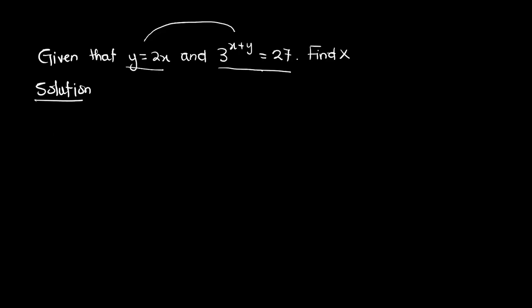So to do that, I first of all write my equation. 3 raised to the power x plus y is equal to 27. Are we okay? Now from here, the first thing I want to do, I want to substitute first. So in place of y over here, I'll put 2x over there. So I have here 3 raised to the power x plus